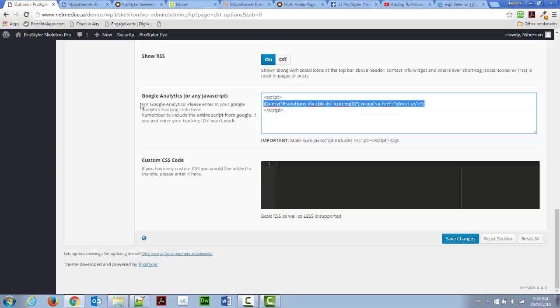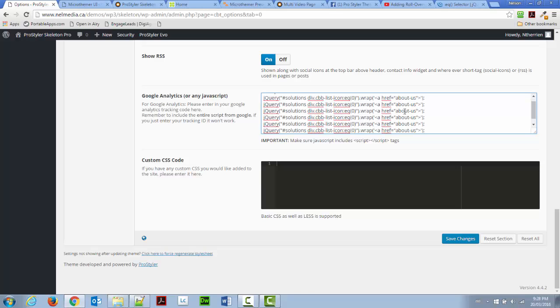And now I would need to copy that and paste it for each and every link. Of course, we have 6 links. So, and replace that from 0 to 1 to up to 5. So 2, 3, 4. Of course, depending on how many links that you have. So 1, 2, 3, 4, 5. And of course, I'm going to replace that for different links. So if I want to have an absolute link, like for example, http colon slash